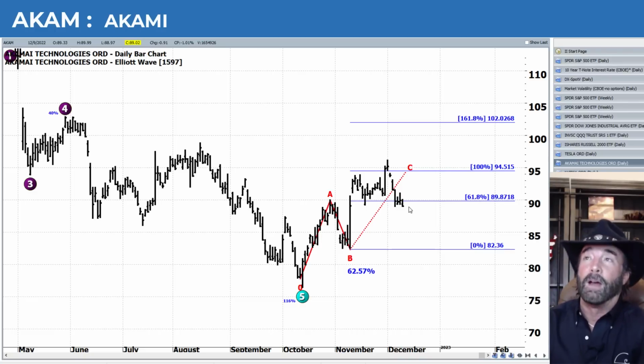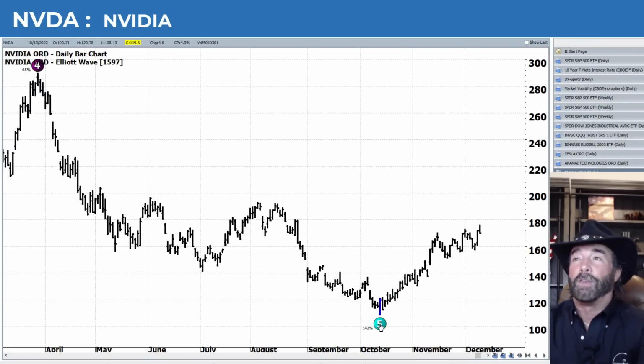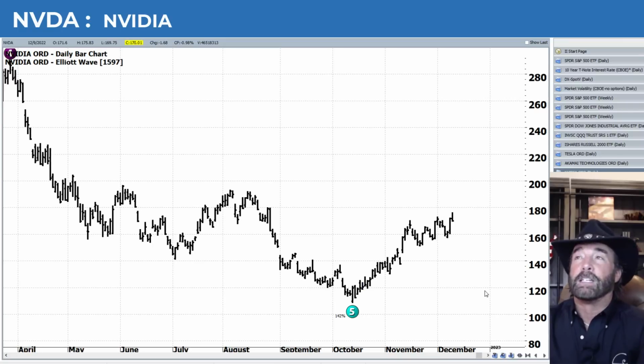If you're newer to Elliott wave and you're watching this, how can you discount what's going on with these patterns and these fib levels? It's pretty amazing. Twitter, moving back to the upside. Another stock that's had greater than a 100% wave 5 extension, so you're looking for a potential move back to